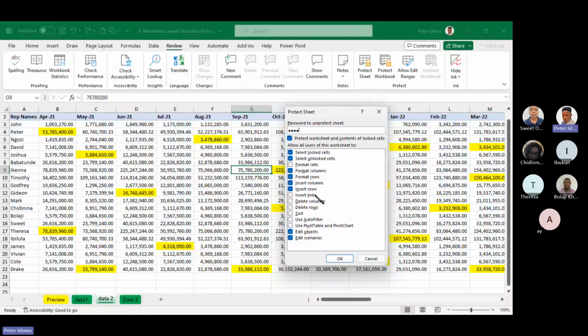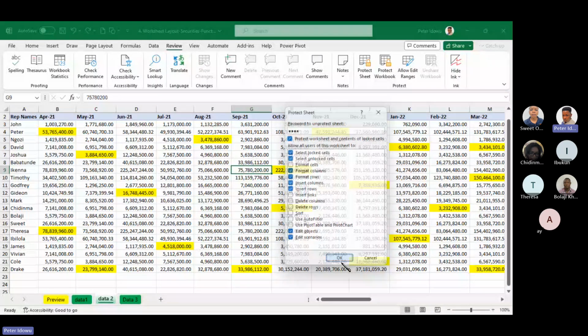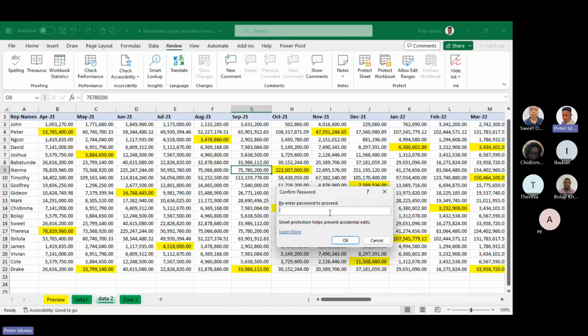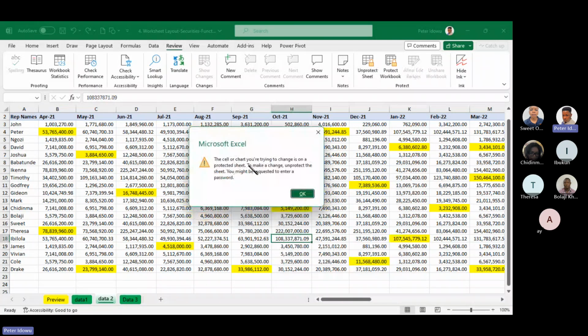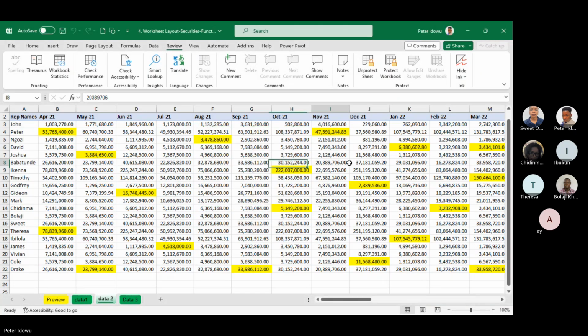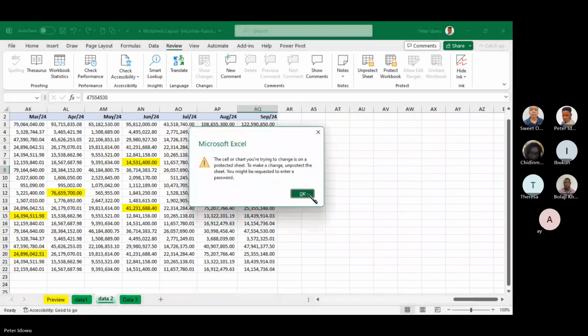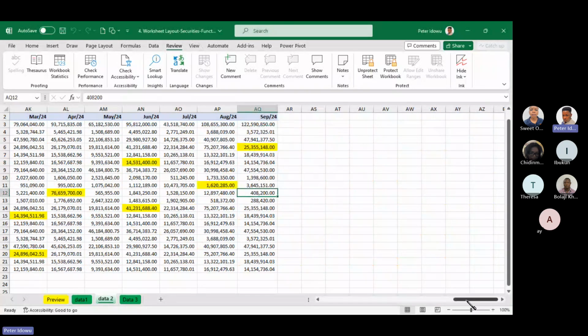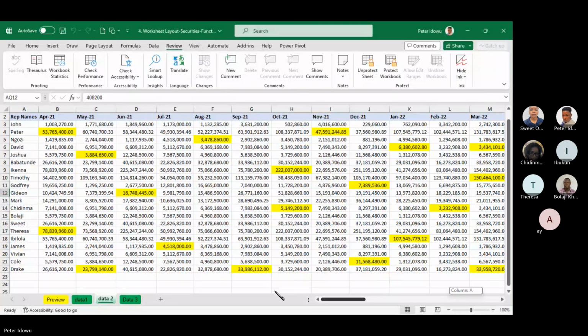So I'll just click on OK. I will enter that password again for confirmation. Then this sheet is already secure. You can see the message: the cell or chart you are trying to change is on a protected sheet. To change it, you might need to enter a password. Do you get it? So the user will not be able to do anything here because you have locked it. Now, where this is very, very interesting is,